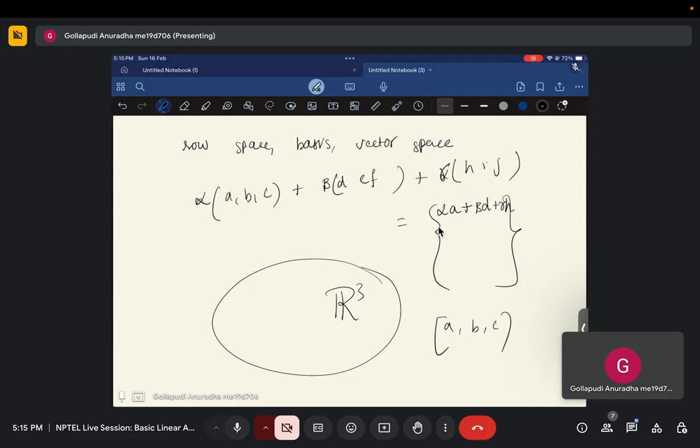But what is a space? They have asked row space and column space. So row space is going to be R3 itself, because here it is a 3 cross 3 matrix you have taken. It cannot go beyond that. So what I am trying to say here is,